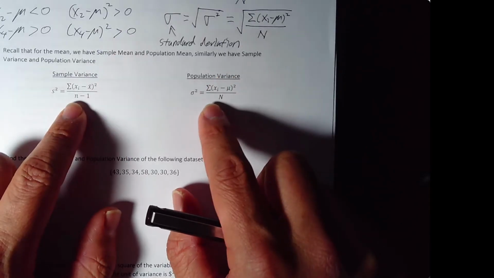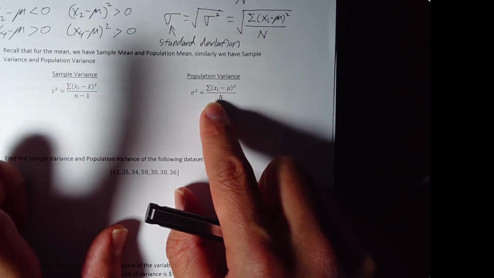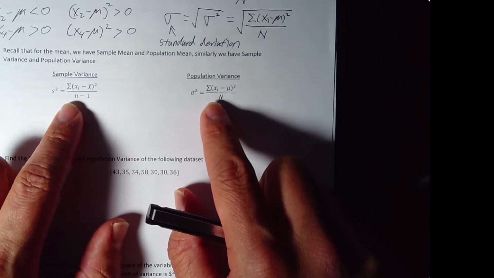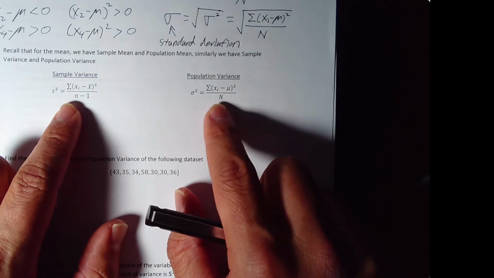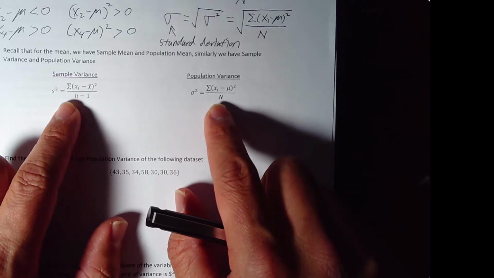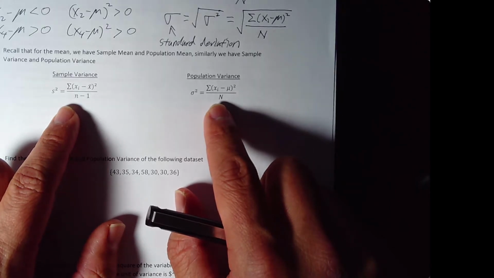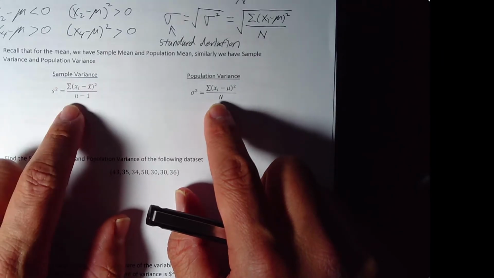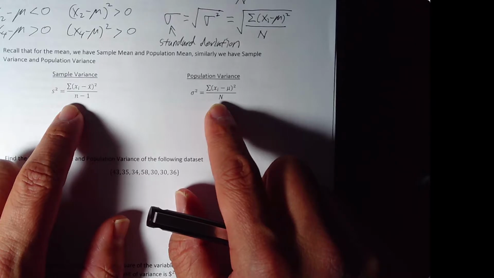The reason is that our sample statistic is always going to be an estimate of the population statistic, or what we call the population parameter. But to make sure that the estimate is unbiased, to make sure the estimate is good,